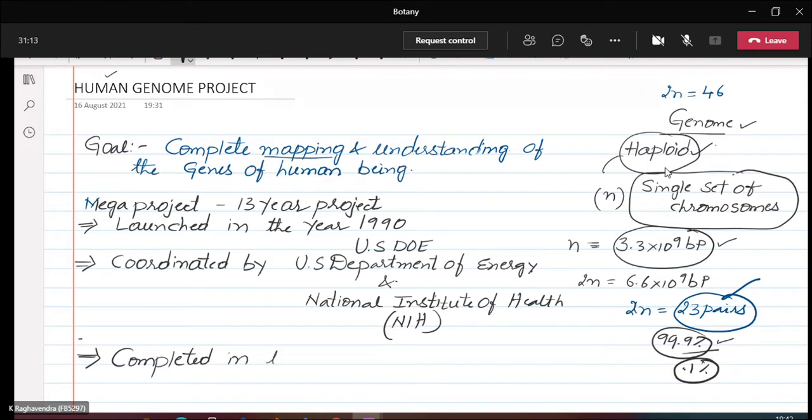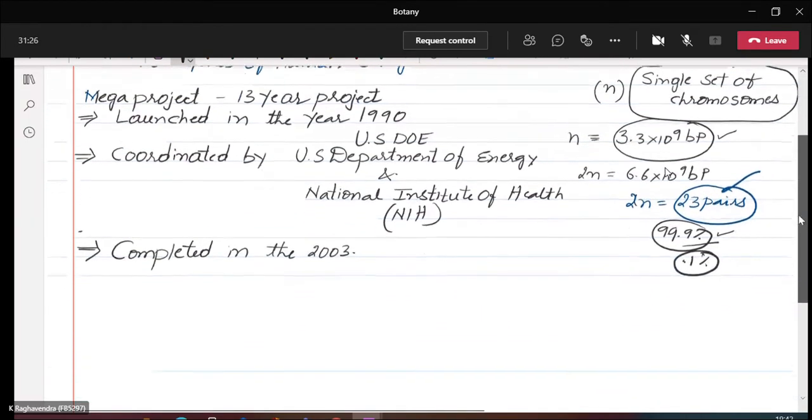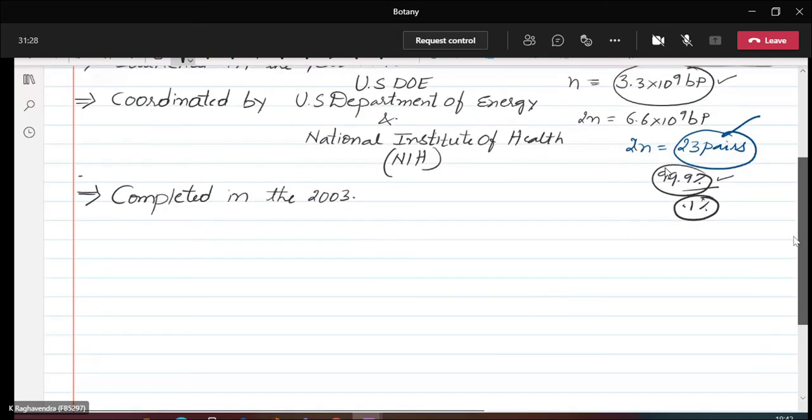So this concept is completely knowledge-based. There are some places where you have to understand the concepts, like I will help you out. It is information based, knowledge based. Then why are we calling it a mega project? There are certain reasons to call it a mega project. So HGP is called a mega project due to